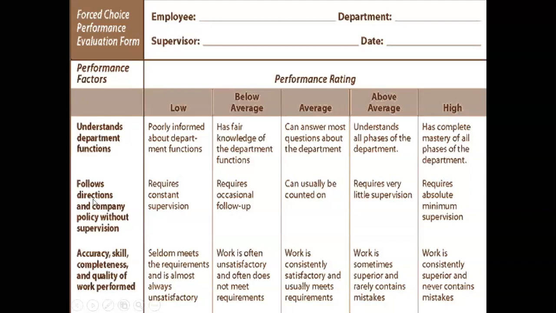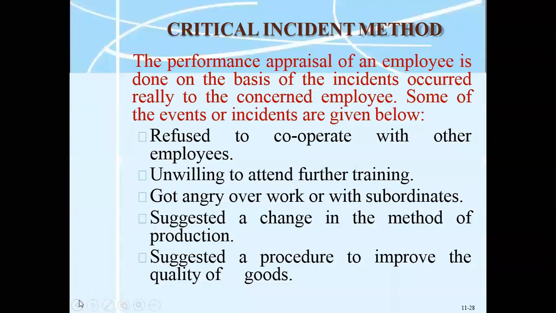Understand department functions, follow directions and company policies without supervision, accuracy, skill, completeness, and quality of work performance, right? So here, poorly informed about department functions, has fair knowledge of the department functions, can answer most questions about the department. So you can understand from this particular slide